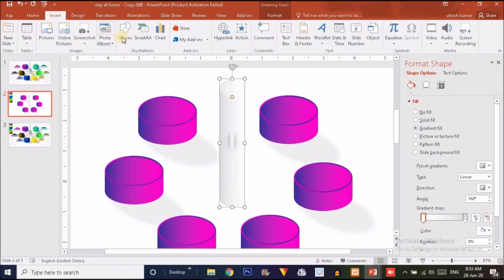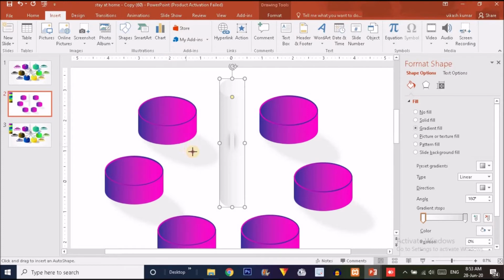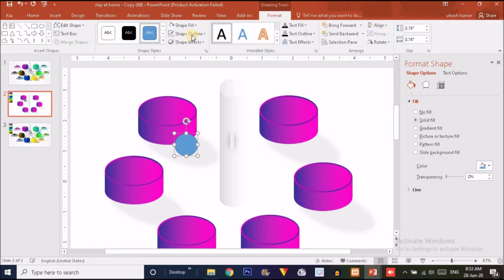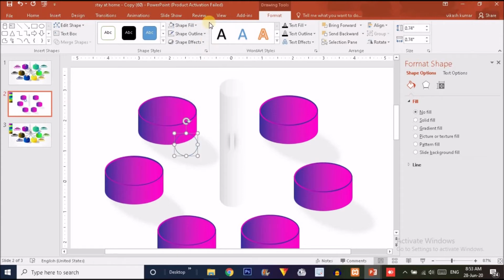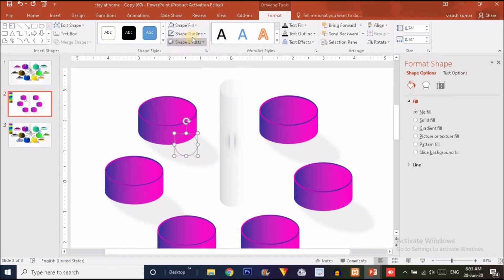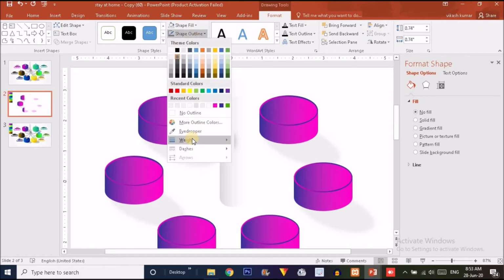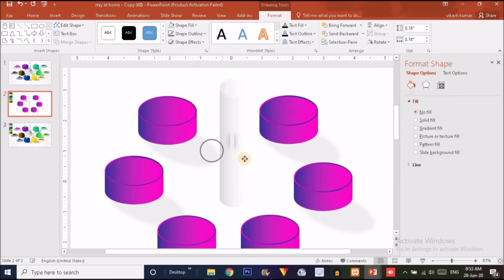So now it's time to add a circular ring over here. I'm going to use the oval shape option over here. Press Control and Shift and drag it something like this. Now I'm going to choose the shape fill no fill option over here and make the outline something dark gray like this. And now I'm going to make it wider. The outline should be wider, like I'm going to choose this one and place this over here.